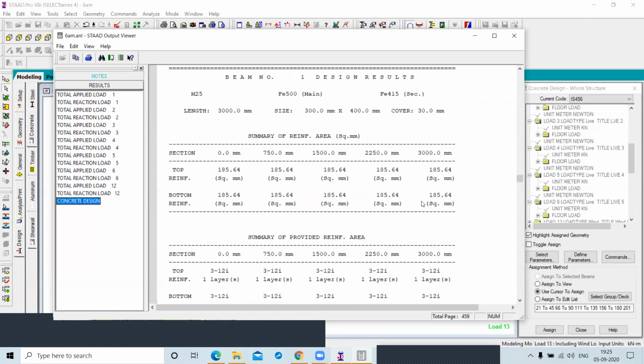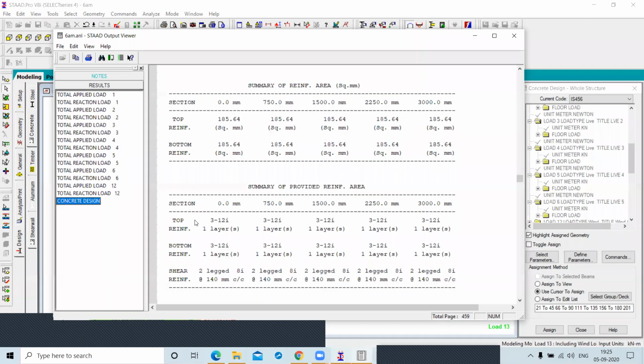Okay, this is your area at every section, right? And this is your reinforcement summary.